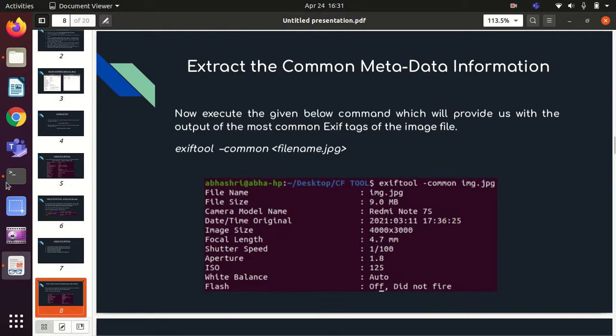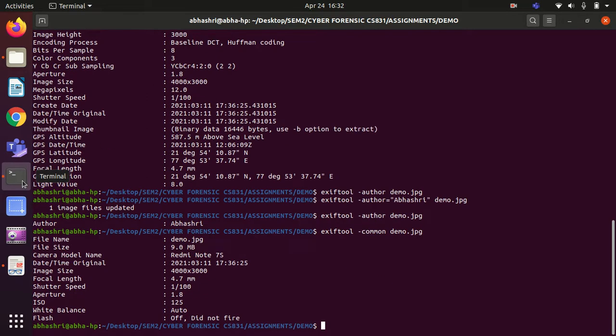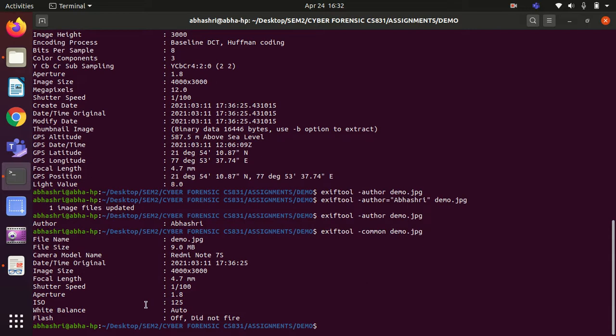Let's proceed with it. So we can get the common information of this particular file. Earlier we were getting the list of all the metadata, but here we can see just the common metadata is listed on the terminal.